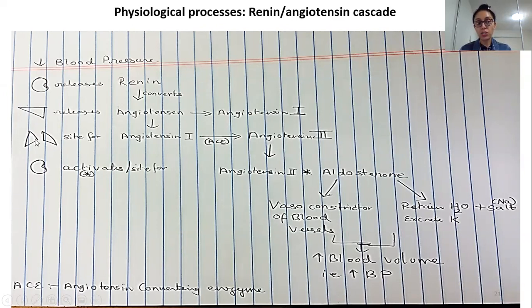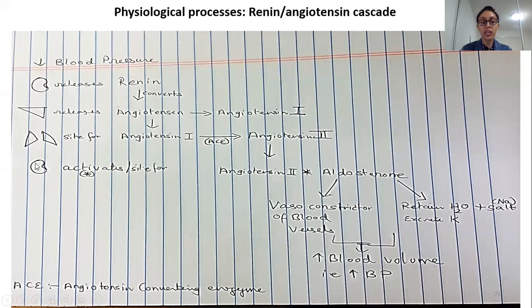It goes to your lungs. So these double triangles, they are lungs. Okay, so now what happens in the lungs? You have angiotensin 1, which is converted to angiotensin 2 with the help of an enzyme called angiotensin converting enzyme, ACE. Now this angiotensin 2 goes back to your kidney. We started from the kidney, we end in the kidney. Okay, kidneys are very, very important for your blood pressure regulation. You may think only heart, but no, kidneys as well.